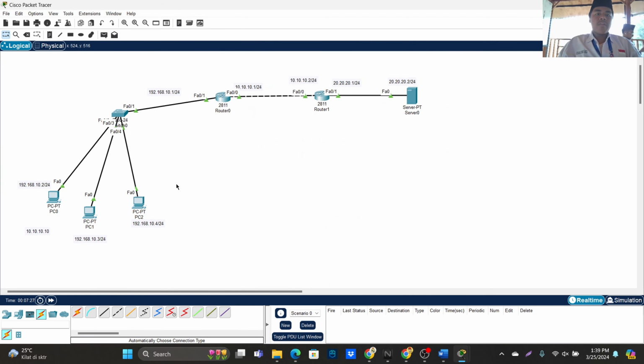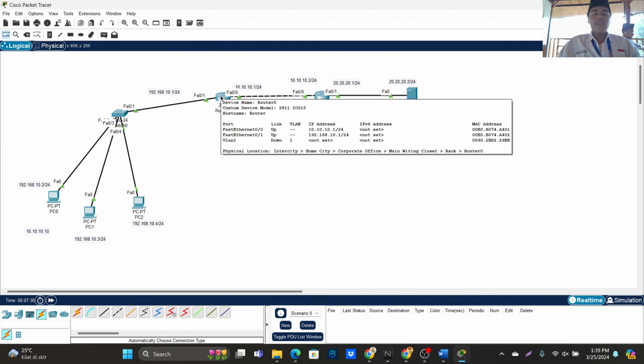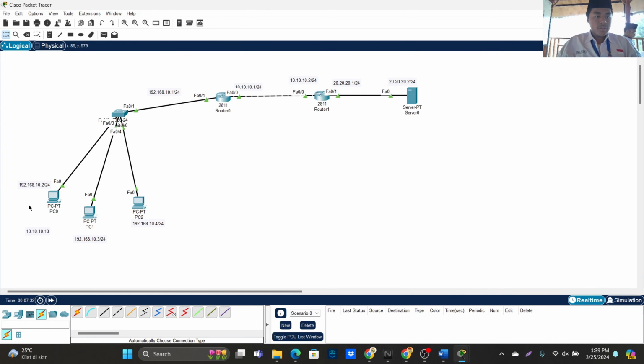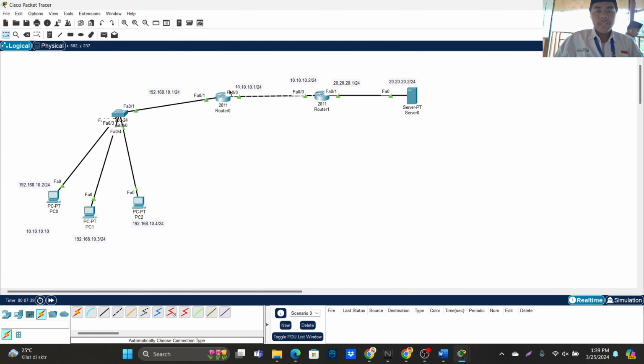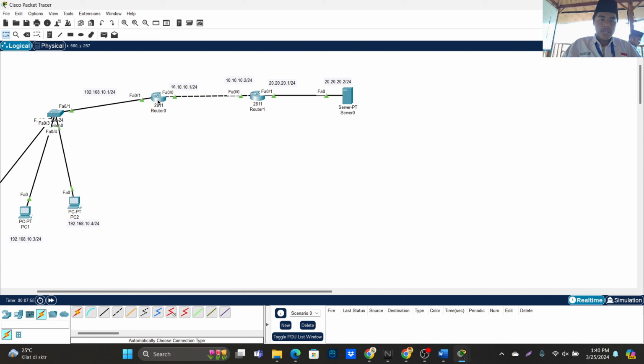Okay, after we make the static configuration, we make the interface IP NAT outside so it can go to the server. If you want IP NAT outside, you use interface FA0/0.